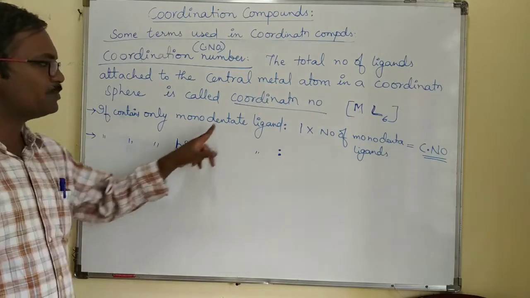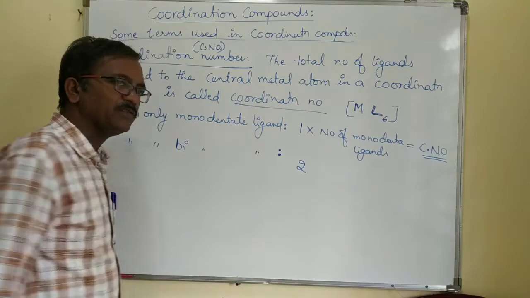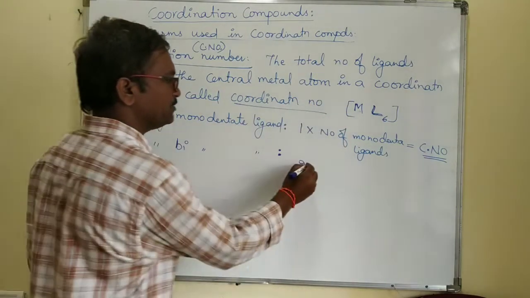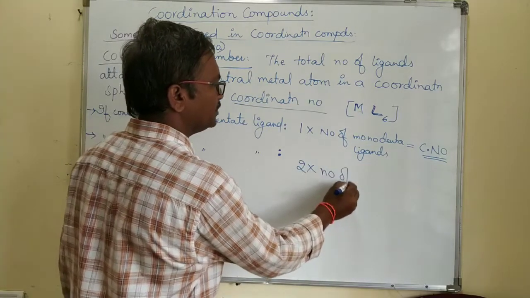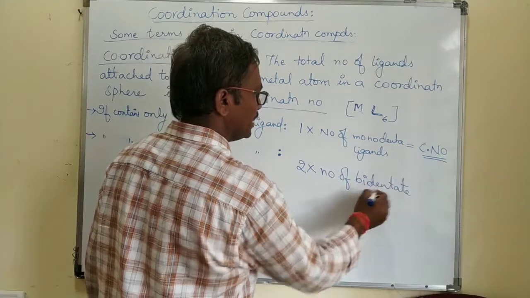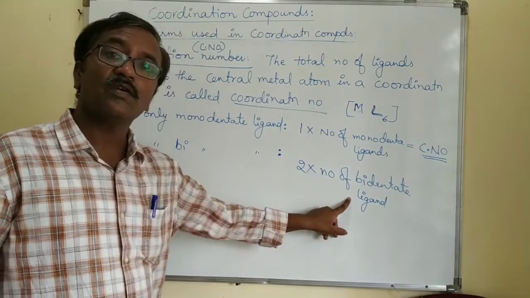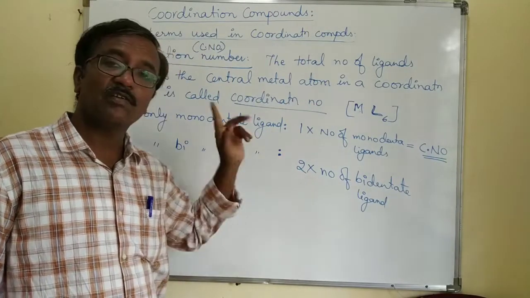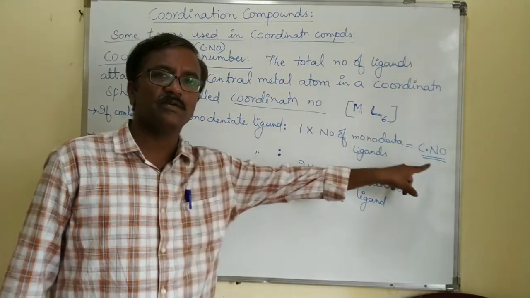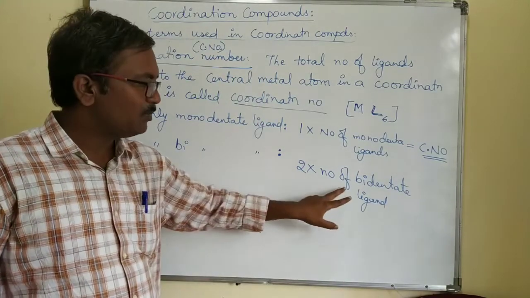If it contains bidentate ligands, you have to multiply by 2 into the number of bidentate ligands. Suppose the bidentate ligands are 3. What is the coordination number? 6 is the coordination number. If the monodentate ligands are 6, what is the coordination number? The coordination number is 6. If the bidentate ligands are